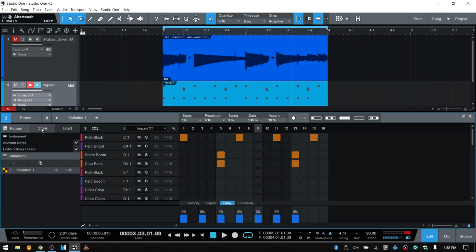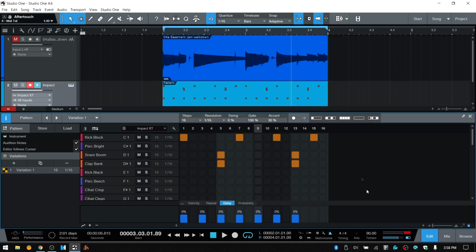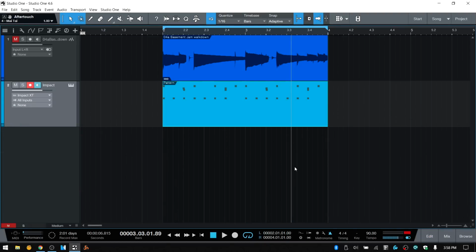So if we click on store, this is going to allow us to save that pattern. So I'll just call this new pattern and tab to the description. I'll just call this test. We can choose a subfolder if we'd like. I'm just going to click OK and close out the editor. Let's delete that pattern out